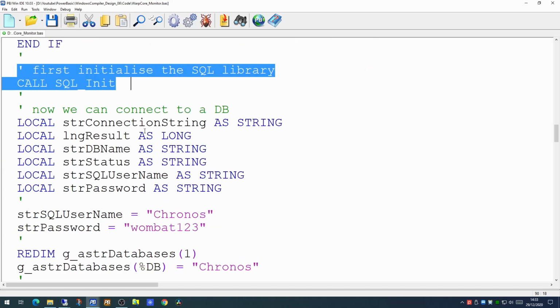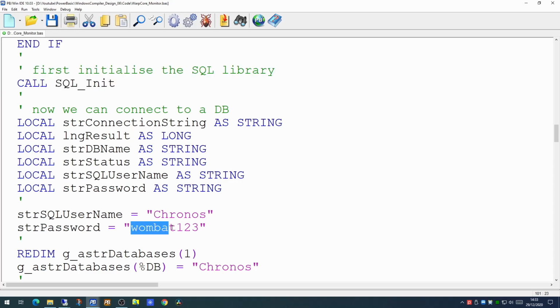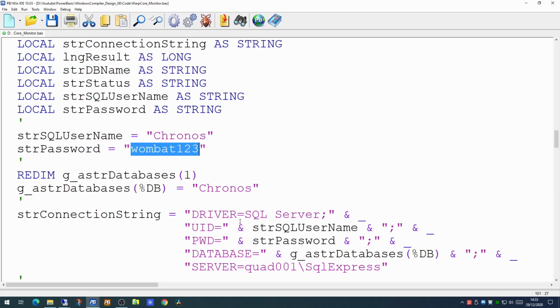Once that has successfully been done, we can attempt to connect to our database. Now, as we did in the Warp Core program, we're using a SQL username and a password. In a future video we'll be slotting these into a configuration XML file, but for the moment they're just hard-coded in the application. And the database we'll be connecting to will be Kronos, just the same as we did with the previous design